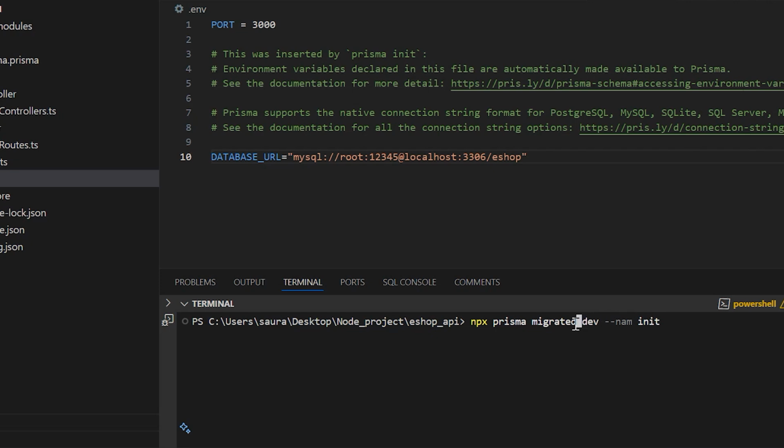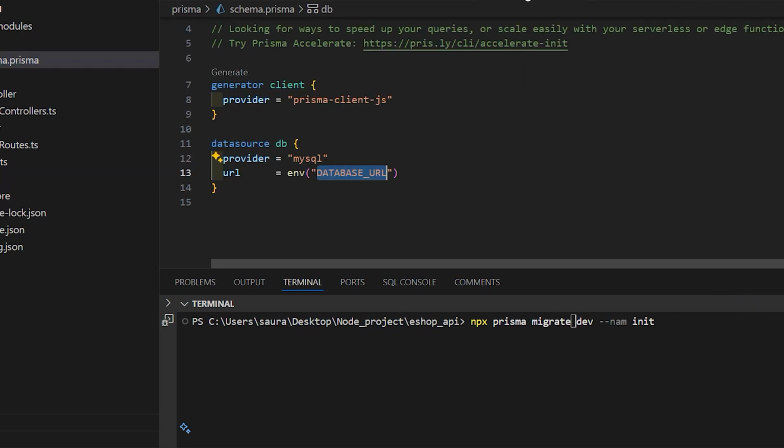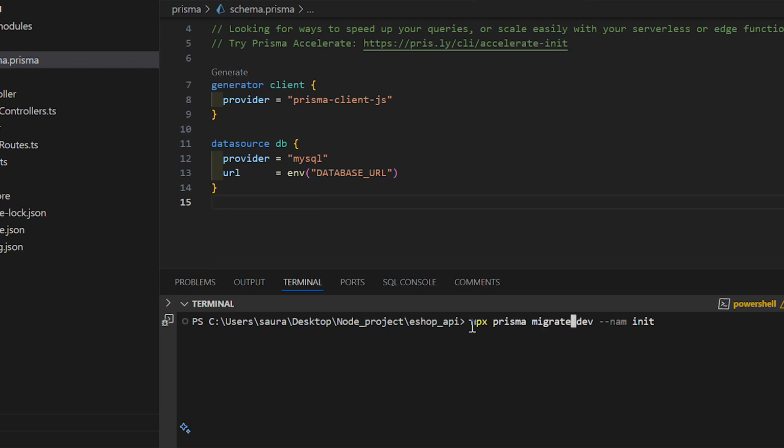What it does is, this command creates a migration file, and that migration file contains the actual SQL query based on the changes that we make within the schema.prisma file. So this is the schema.prisma file where we define the tables for our database. We will learn about how to create a table soon, but for now let's set up our database, or connect to our database. So in this command, you need to always write npx prisma migrate dev whenever you make changes